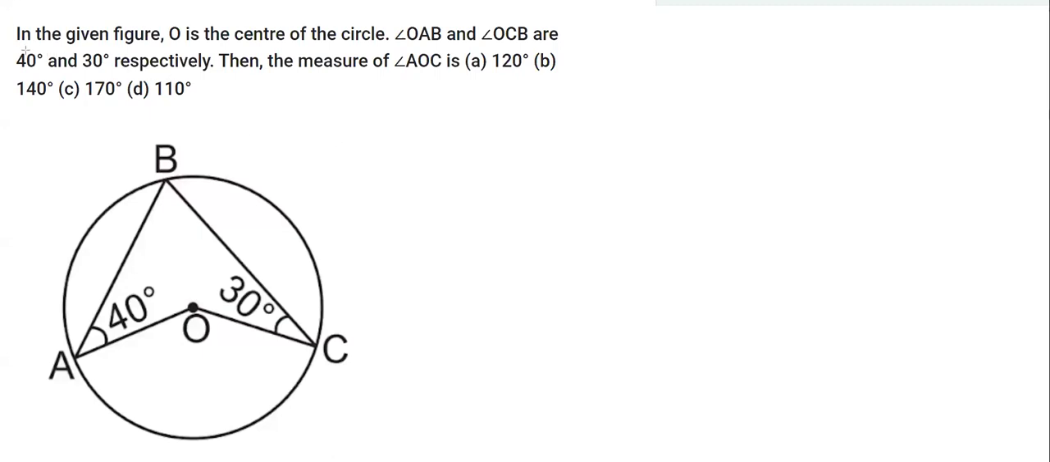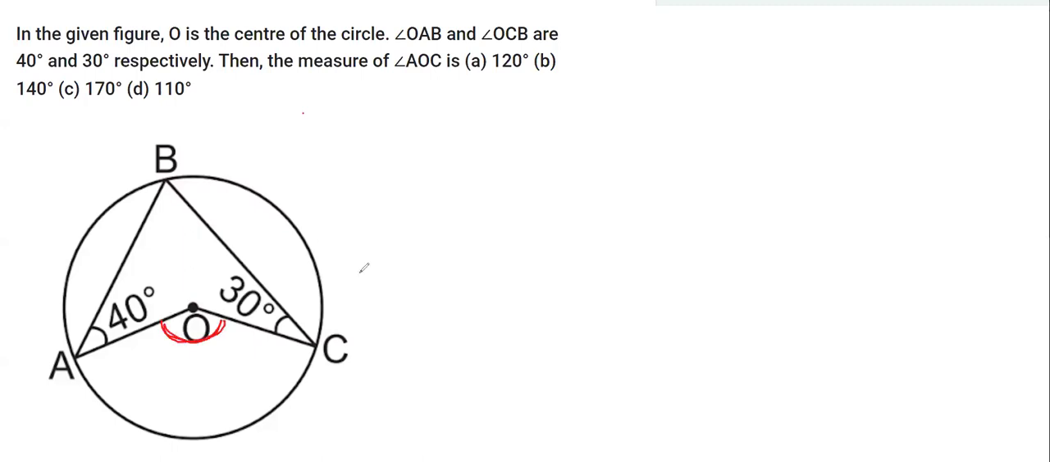In the next question, we are given a figure as you can see, and in this figure, we know the value of two angles. This is angle OAB. Angle OAB is mentioned. So this angle is given as 40 degree and this is 30 degree. And we have to get the measurement of this angle